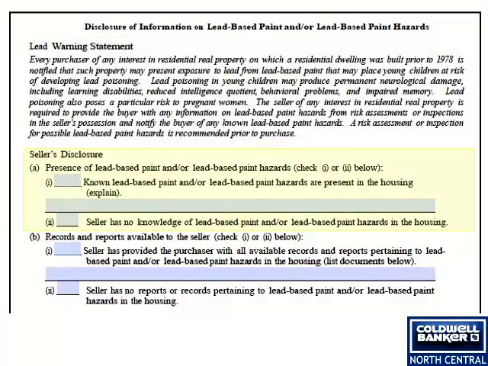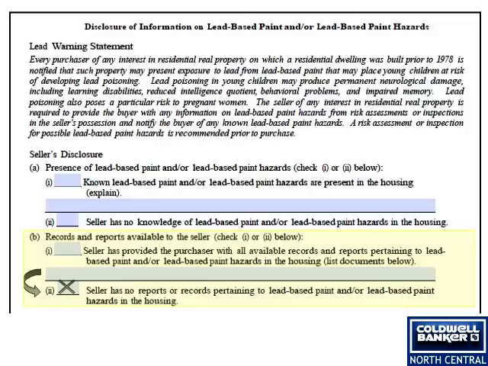The second section is the seller's disclosure. Many times, the seller has not had a lead inspection completed and has no knowledge of lead-based paint hazards in the residence. If this is the case, the seller would put an X in the second box. Part B is asking if the seller has any records regarding lead-based paint in the housing. If there has not been a lead-based paint inspection, they will not likely have any records and would mark an